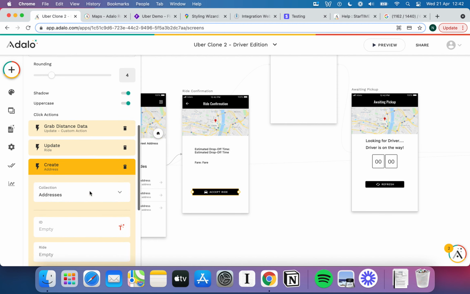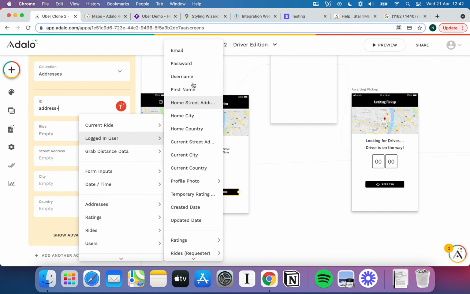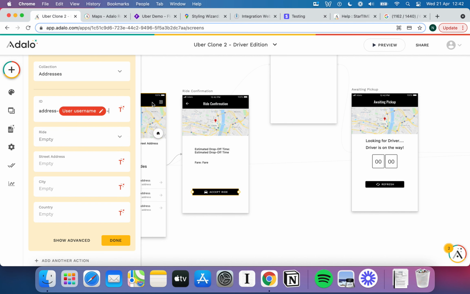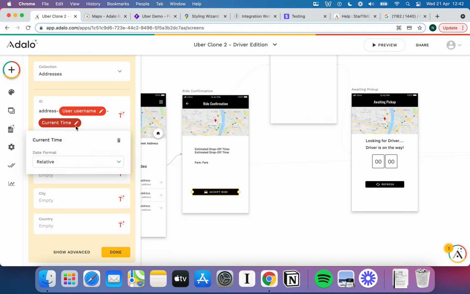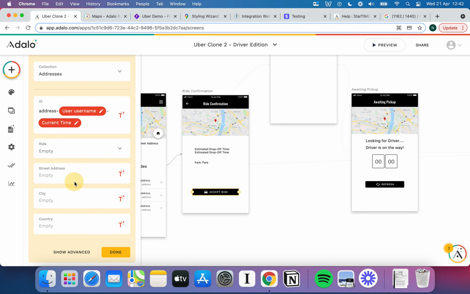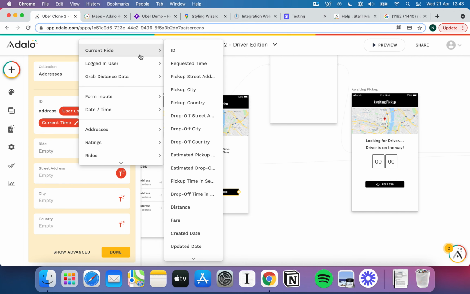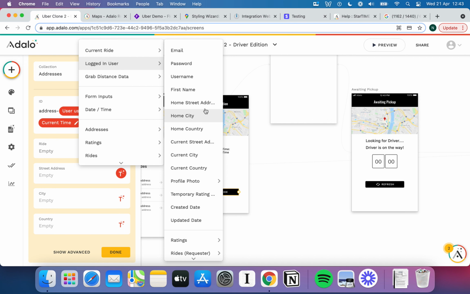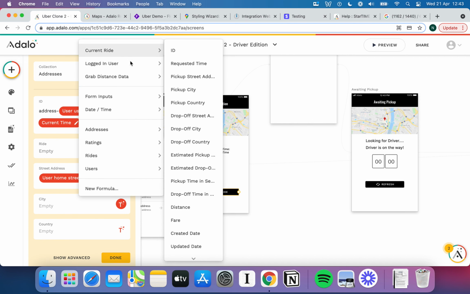One other thing we have to do is create a new address. We have to create a new address. This is going to have, again, a unique ID, so address. Let's put the logged in user's username, and let's do hyphen and do the current time, and of course as ever let's click the little pen and set that to no formatting. And then for the street address we're going to have the driver's current address, because of course we're not coming from the home, we're coming from wherever they are right now. So we'll do new home address,